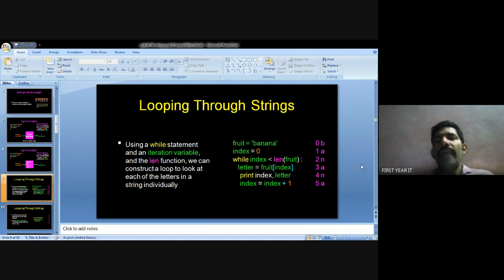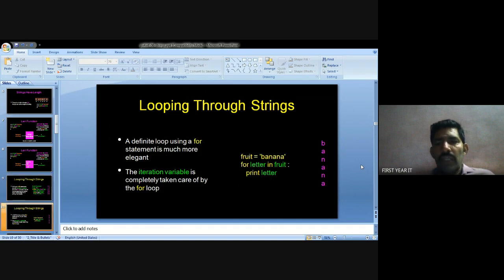So 6 times we get the values, and the banana value will be printed. The while loop checks 6 times, and the loop executes 6 times. This is called a while loop.